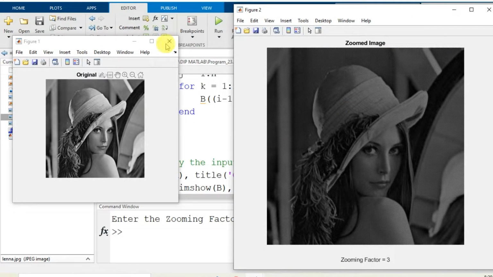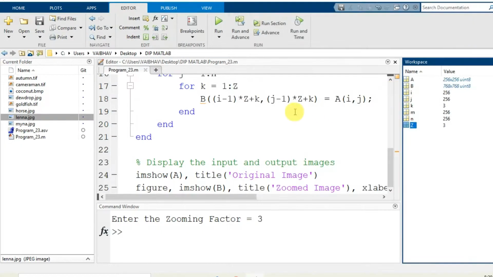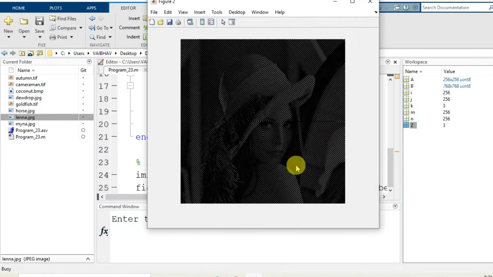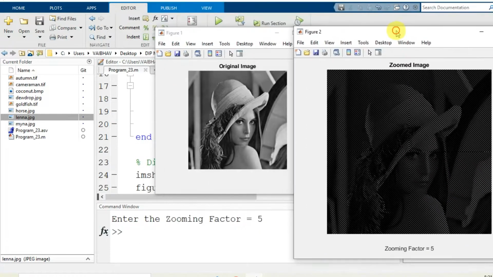So as we go on increasing the zooming factor here, the size of the output image is going on increasing in that particular multiple value. If I run it again and provide the value 5 here, it will again generate the two images.